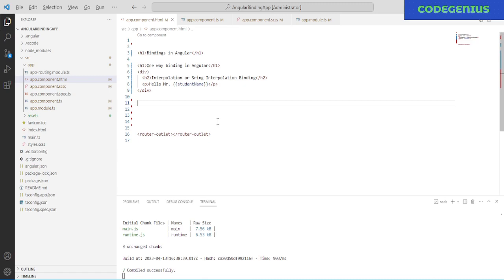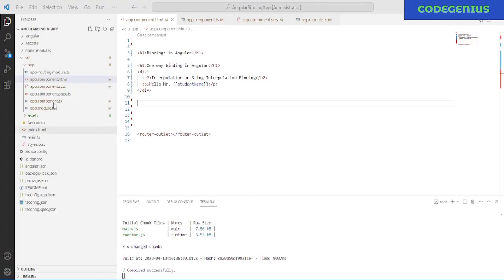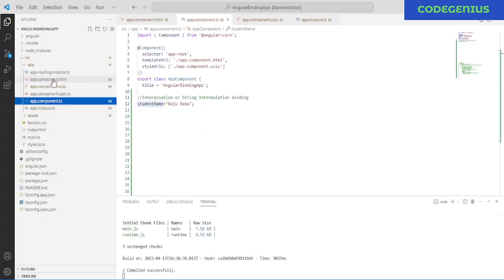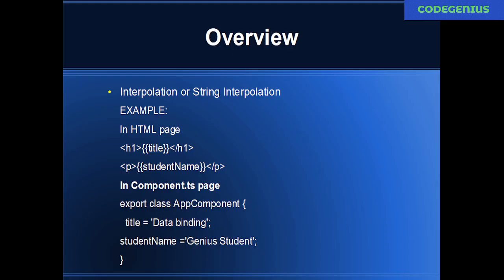Yes, the code has been compiled. You can see the output. Yes, so: Hello, Mr. Raju Baba. This is only the displaying on the HTML side, so this is called one-way binding. Interpolation or string interpolation is a part of one-way binding. So let's see another one,